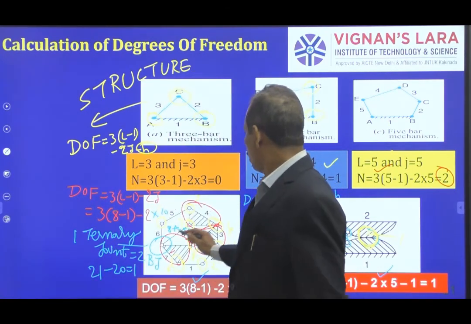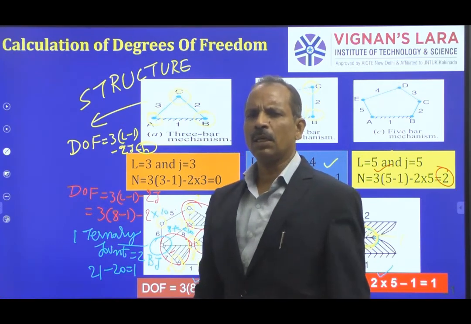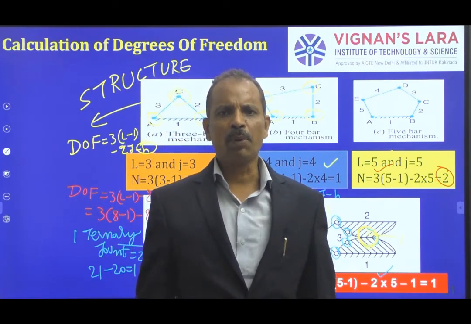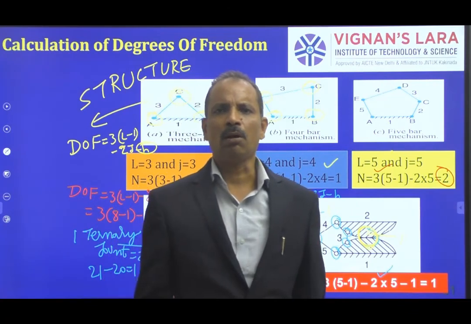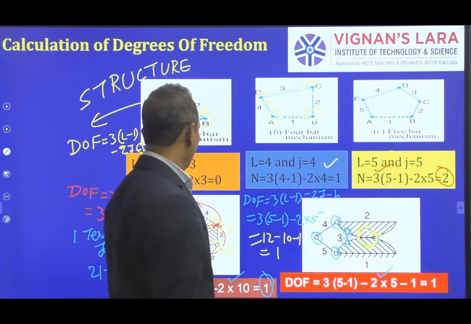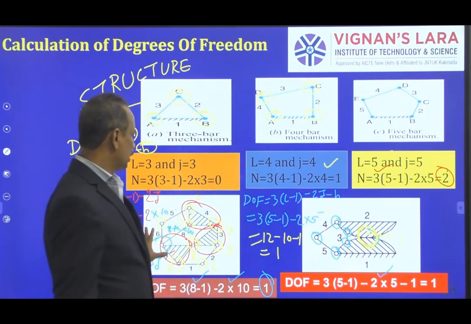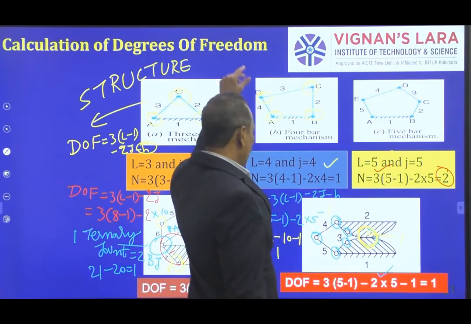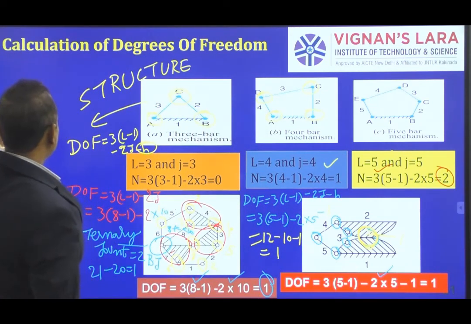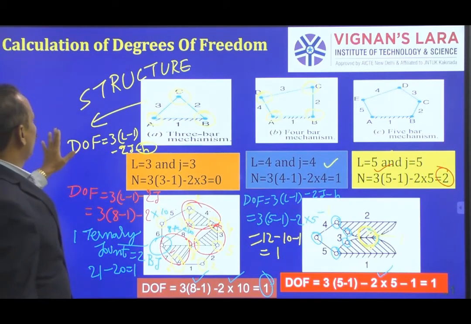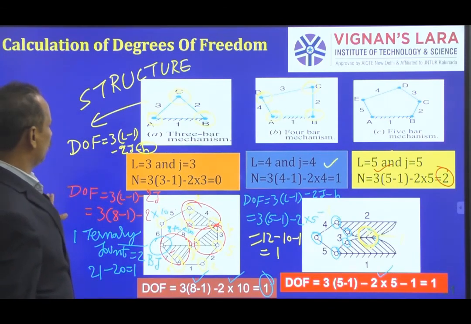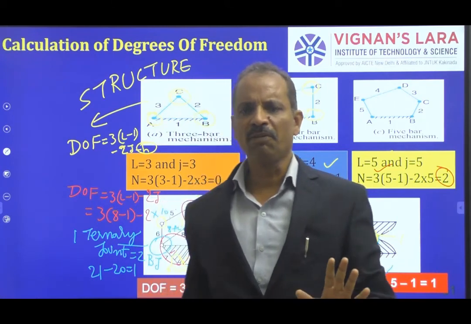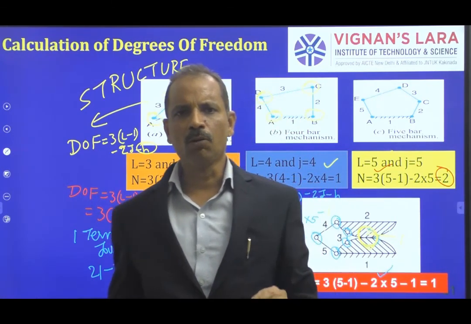So these are some of the typical cases. You can refer to the book for very complex and very simple problems, to see how you have to use your brain and identify the joints, ternary, quaternary, convert them into binary, and identify lower pairs and higher pairs. So this is how we calculate degrees of freedom for a mechanism. That is what we have discussed in today's lecture. Let me finish by giving a brief total summary in 2 minutes.